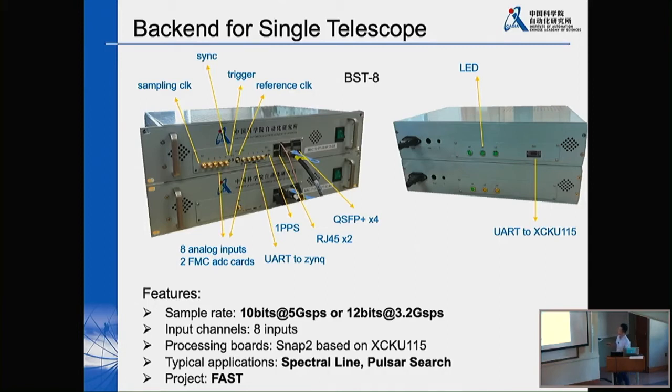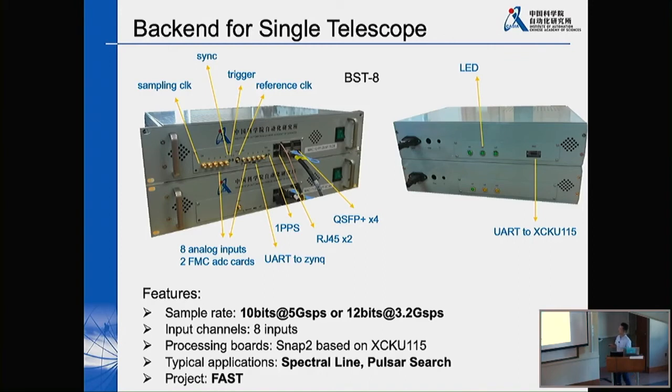You can see it has a variety of interfaces: the sampling clock, the sensing and the trigger signal, the reference clock, 8 analog inputs, 2 FMC ADC cards, an RJ45 connector for the Ethernet, QSFP Plus